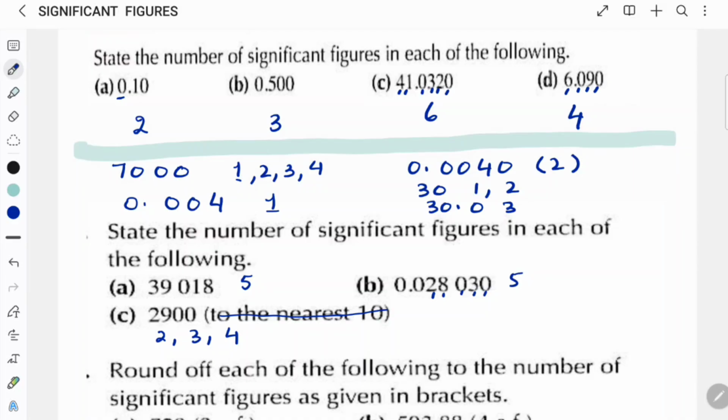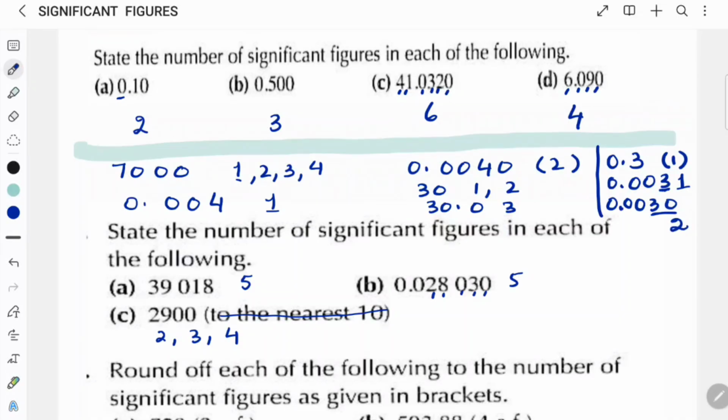You may have some confusion in your mind that I'm saying the 0s after the decimal point we are not counting. For example, 0.3 is one significant figure. 0.003 is also one significant figure. But if any number comes after that 0, then we can count it in significant figures. Like 30, it is a 2 significant figure number. So I hope you understood.